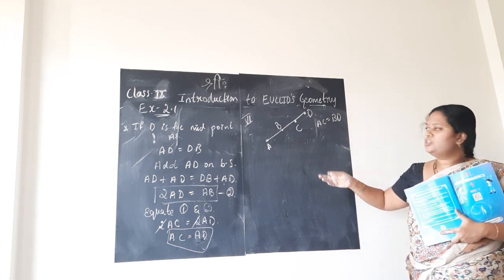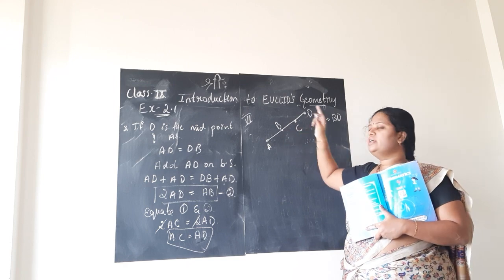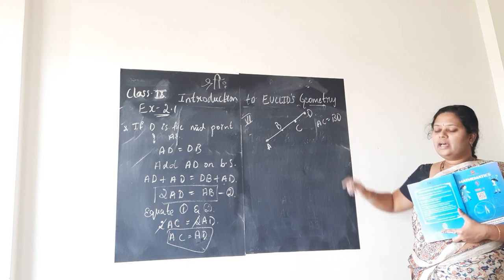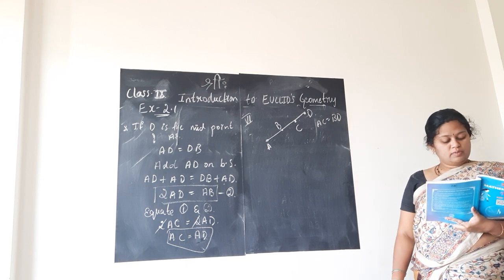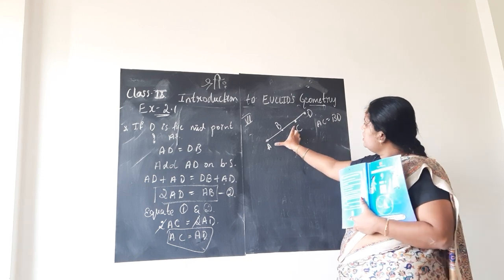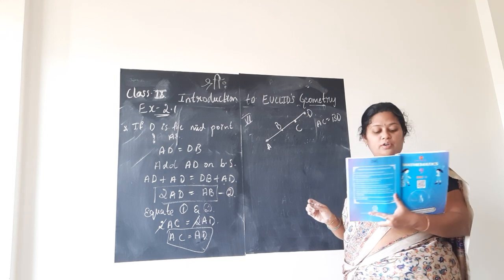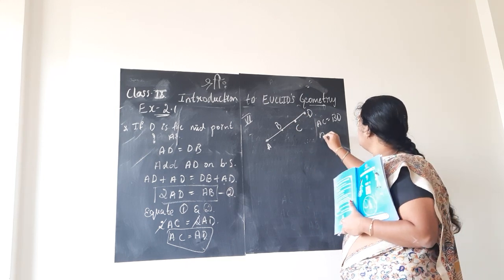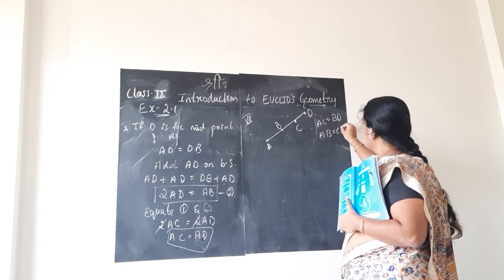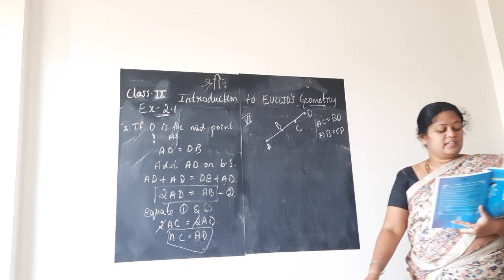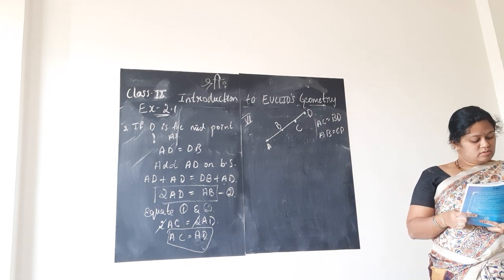Just now we proved, children, by considering two midpoints on the same straight line. It is based on that concept only. They have only given that AC is equal to BD. We need to prove that AB is equal to CD. So